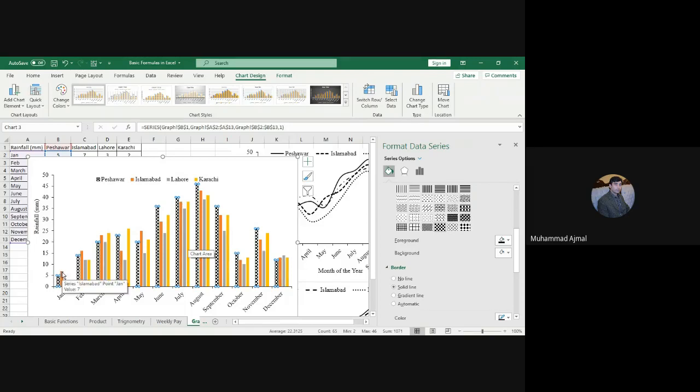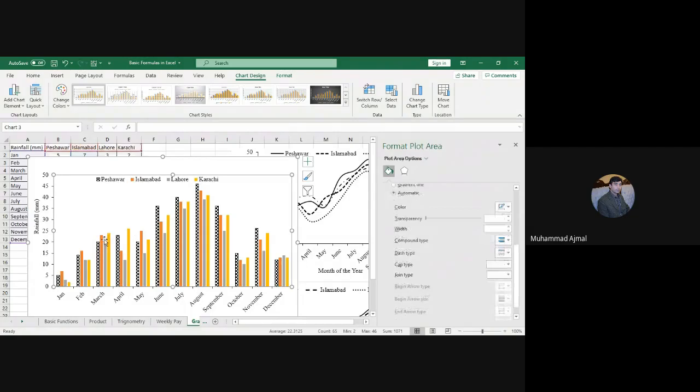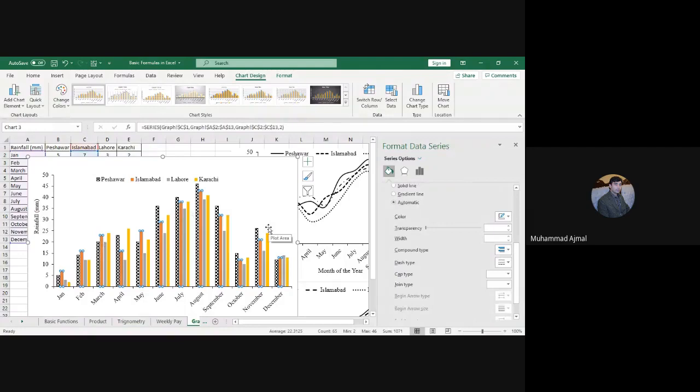Click on the next column for Islamabad. One click is okay, double click भी हो सकता है, one click भी हो सकता है, but make sure that all bars are now clicked. Like in the line diagram, sometime if only one bar is clicked for Islamabad, then that will be wrong. कभी कभार हो जाए. Now see in this case, only one bar above the march is clicked and other bars for Islamabad are not clicked. So click on any open space and then again click here